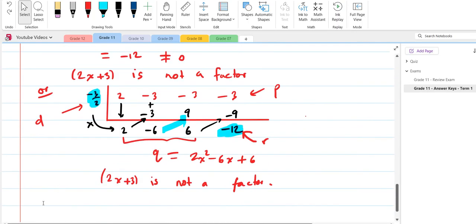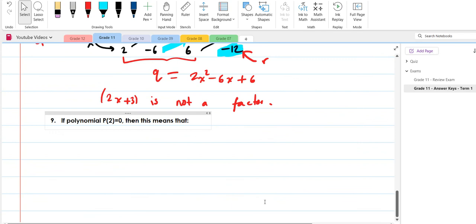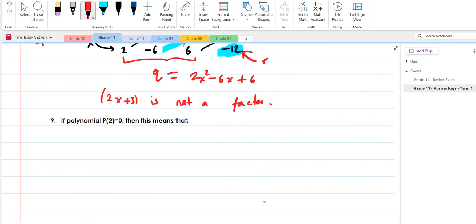Good question there. Question number 9. If polynomial p of 2 equals 0, then what does this mean? P of 2 equals 0. I just explained it in the previous question. P of 2 equals 0 means